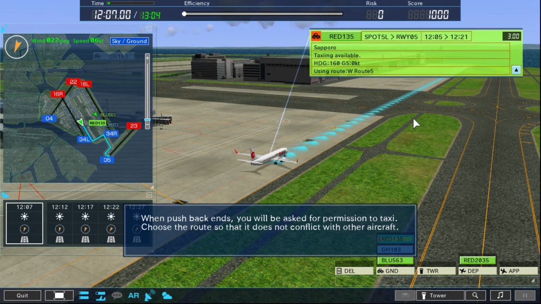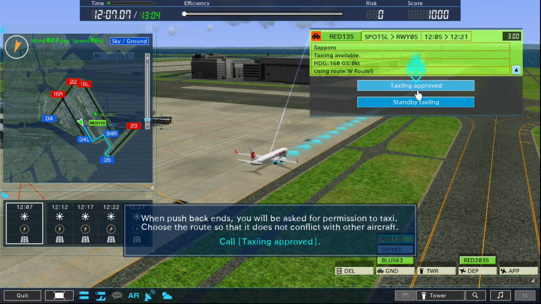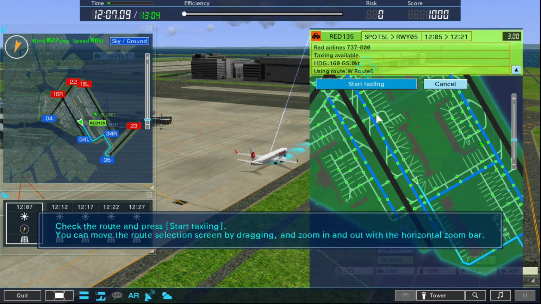So when pushback ends, you'll be asked for permission to taxi to the runway, and we want to choose a route that doesn't affect any other aircraft. So you click taxiing approved, and we, well, click start taxiing. You can change his route. Oh, it doesn't let me, but